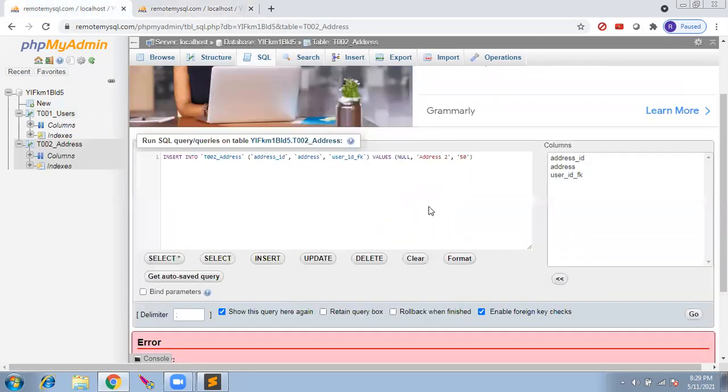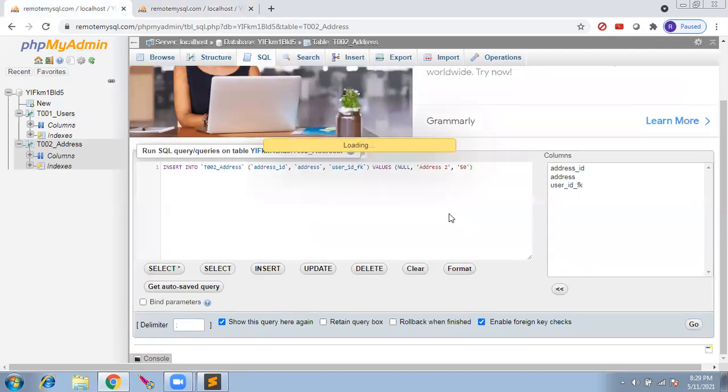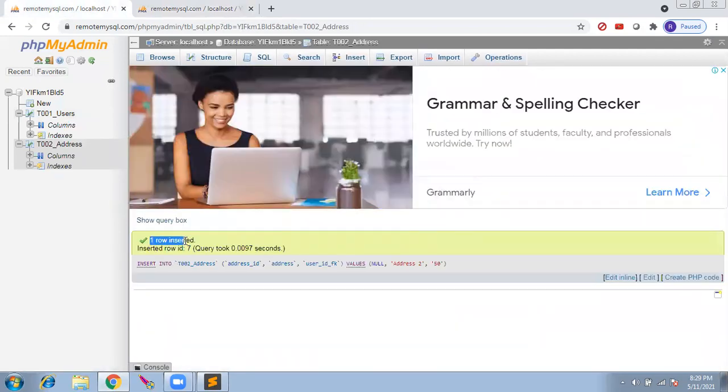Now if I go here and try to run this query, this will work. It got inserted because the primary key 50 is already available in the user table. So the database is going to do that check. Every time it is going to insert into a table, it will check all the parent tables or the primary key tables whether the value is available or not. If it is available, then the database is going to allow the insert into the secondary table. Otherwise, it would not allow. That is the use of the primary key and foreign keys.